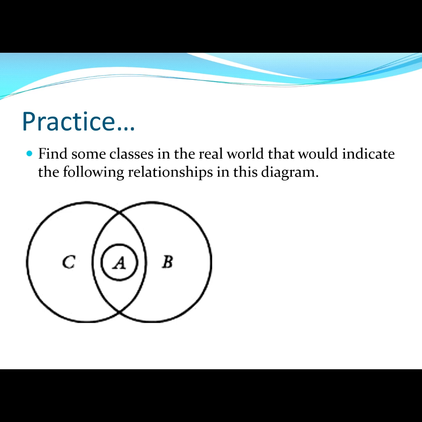So here we have two classes. We have C and we have B, and then we have A, which has characteristics of both. So I'm just going to use this one. I'm going to say that A equals U.S. citizens